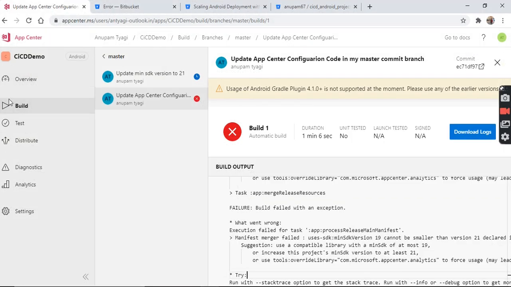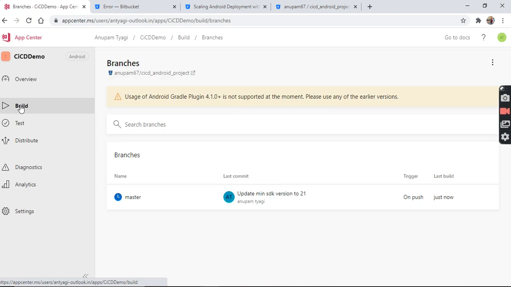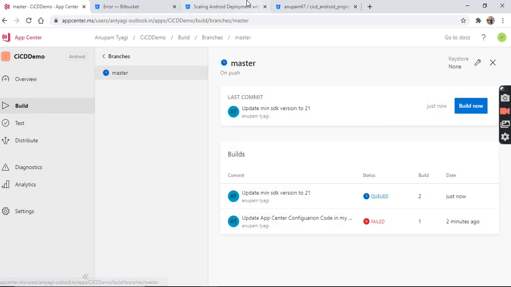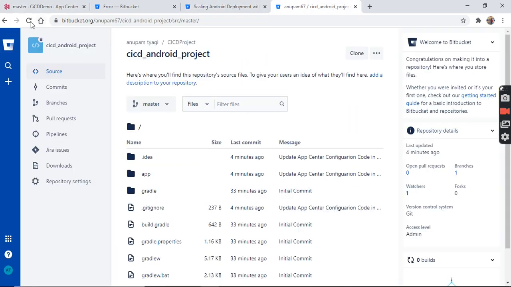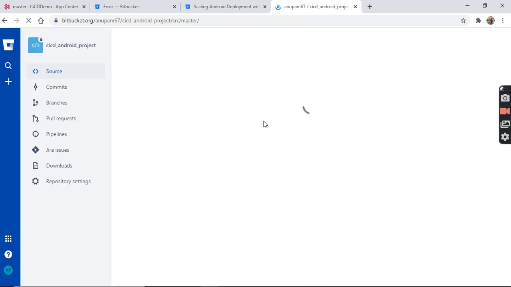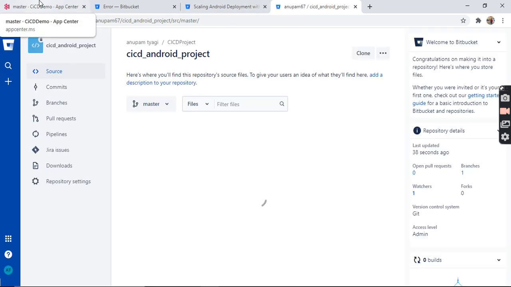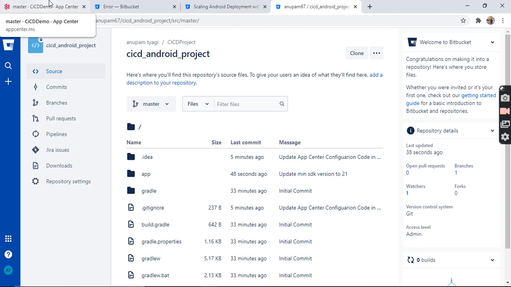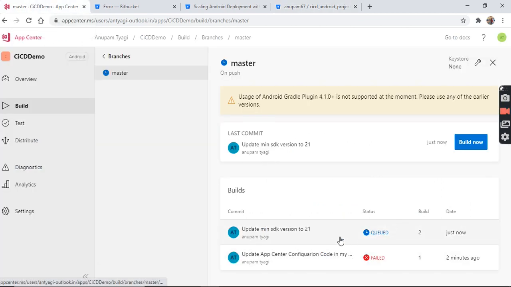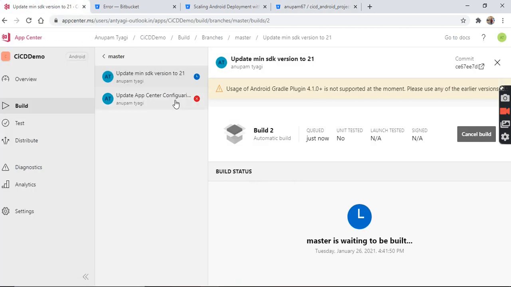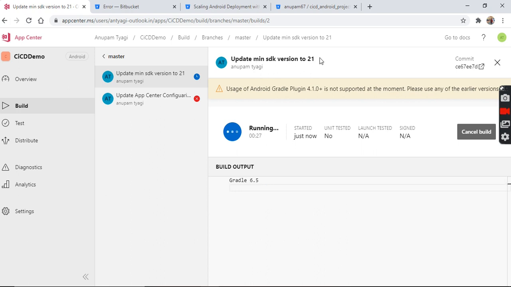You can see it triggered on push, and the build is starting again just now. You can check here. I have pushed the code again, and the build is in queue state. You can see that I mentioned update minimum SDK version to 21.